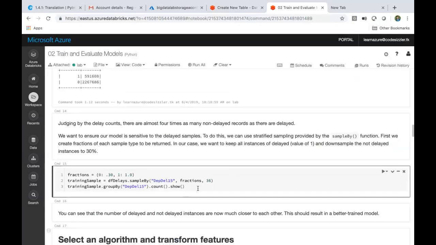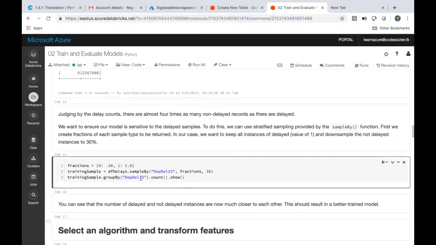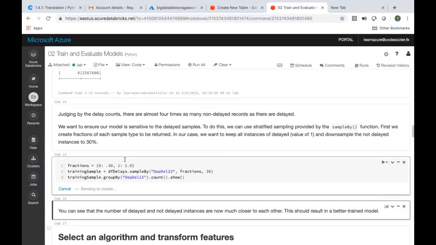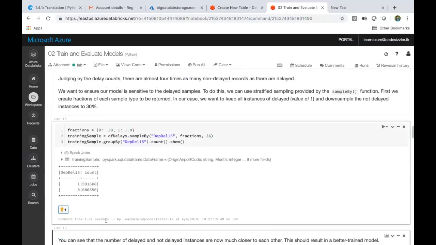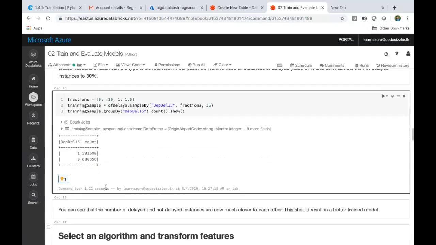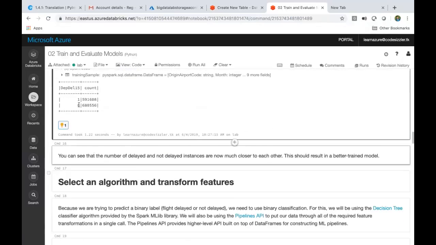So I have a group by condition here, and I'll say count of this record. Let me execute this and try it out. I'm taking some random 30% records here with a fraction, with a random seed of 36. Now see here, it's almost close, right? 5 lakh, 6 lakh, and 6.8 lakh. So 1 lakh difference is okay, right? Now if I execute my model on top of this, it gives me better results. There's no bias on top of this, because both are almost equal in number of records, so it will train in a proper way.